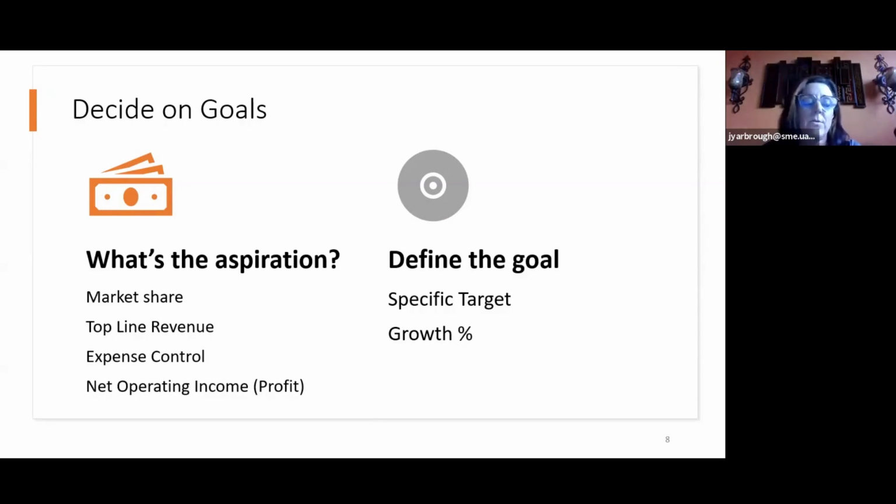You can do that with revenue. You can do it with your expenses. You can do it with your net operating income. There may be others that are not obvious coming out of a set of financial statements, but you understand the nuances and relationships of how your business works and what's going on with your customers and your revenue streams. So there could be others that you would say are part of your goal setting. So don't be limited by just these. These are just really easy ones to think about.